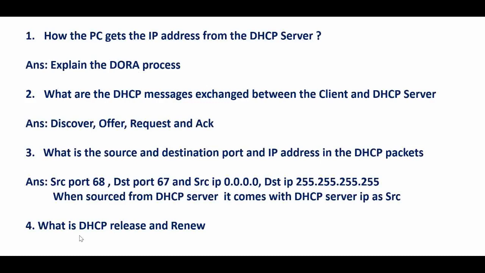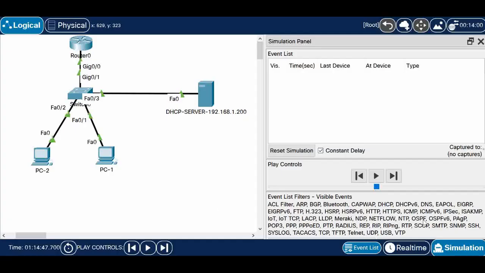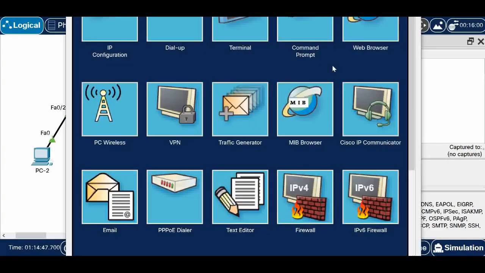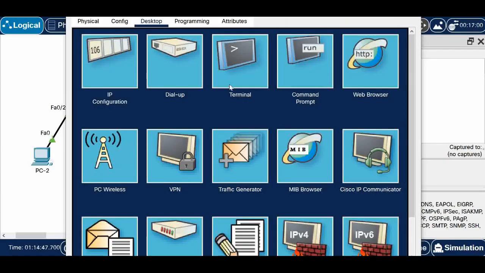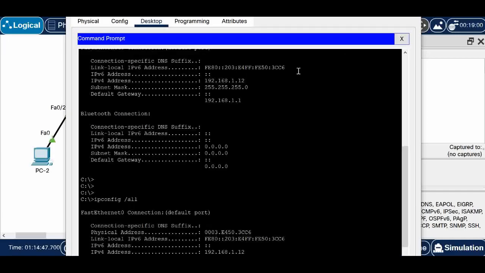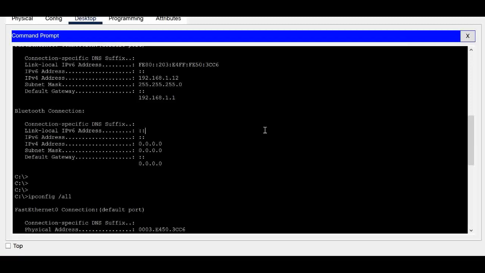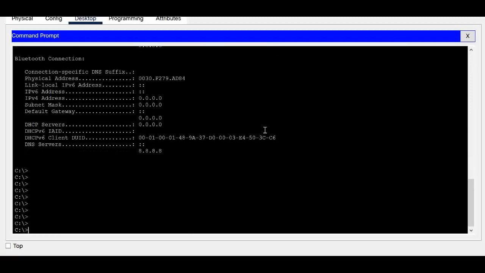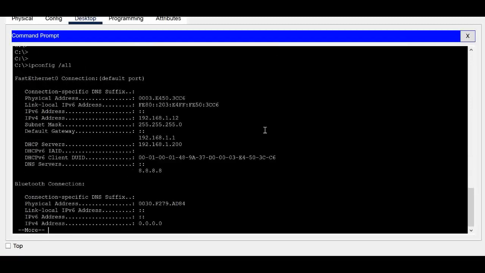Now let's see this last question, like what is DHCP release and renew. These are other DHCP message types which we'll see now. So now I'm in the simulation mode. Let me open the PC1. In the PC1, if I want to release this IP, if I don't want this IP,